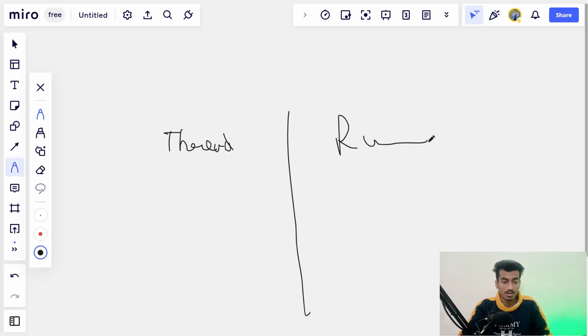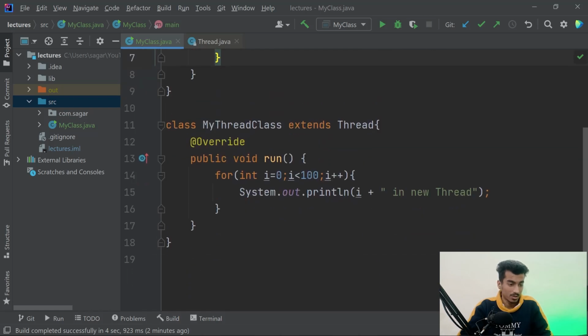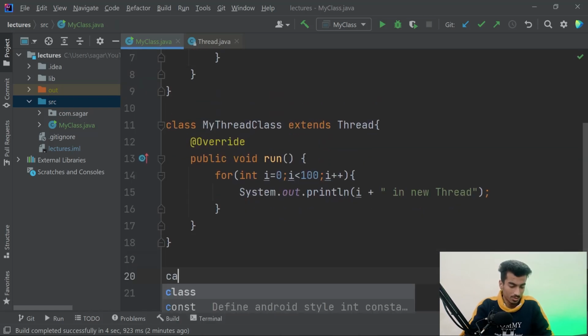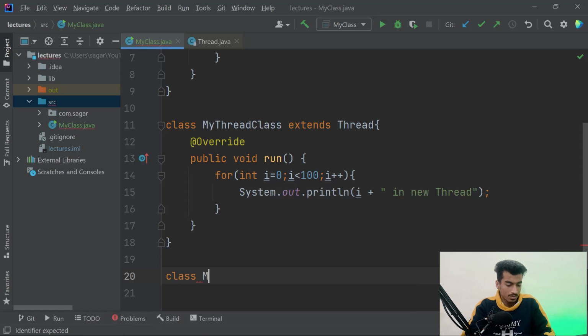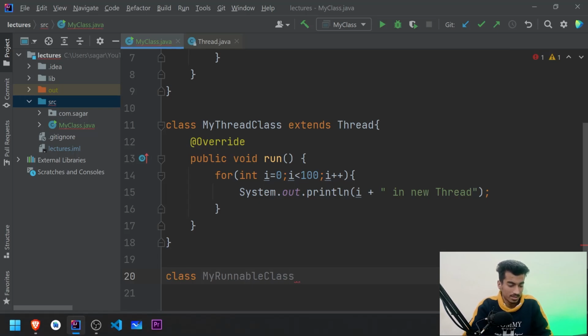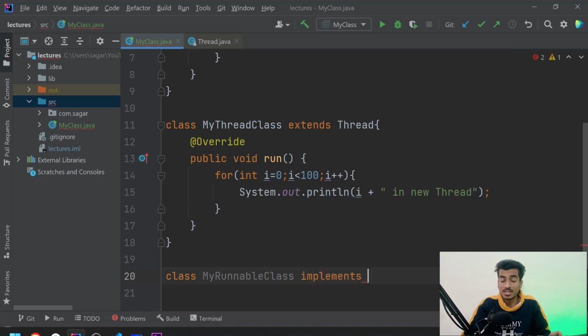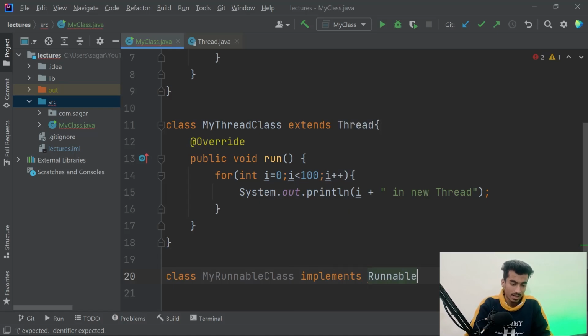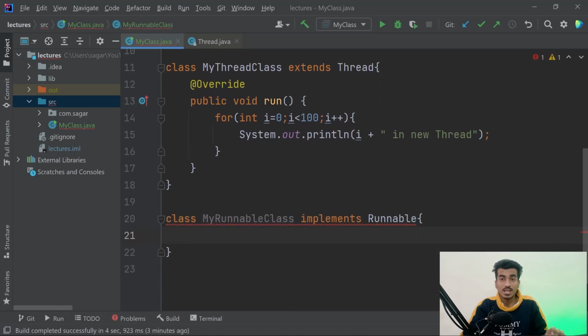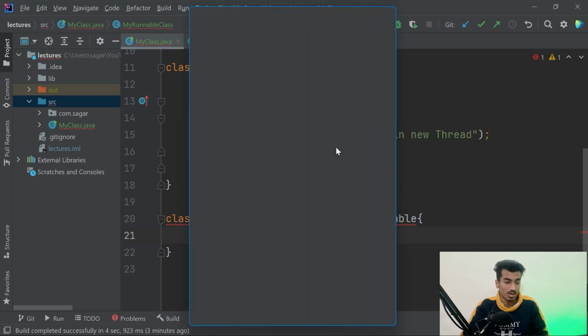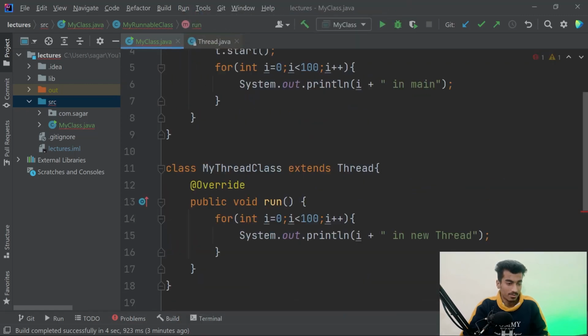So Runnable. Okay, and let me create a new class here. I will call it my runnable class, and this will implement Runnable. Runnable is an interface, that is why we have to implement it. This interface has only one method, that is the run method. So I will implement the method, and I will do the same thing. I will copy this loop